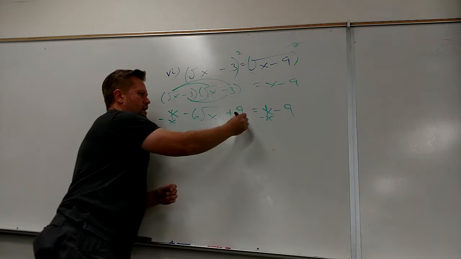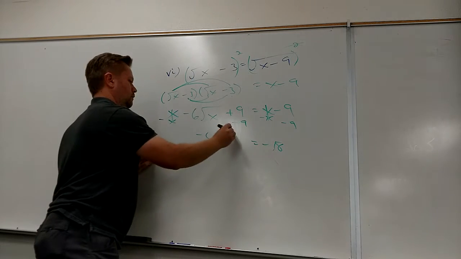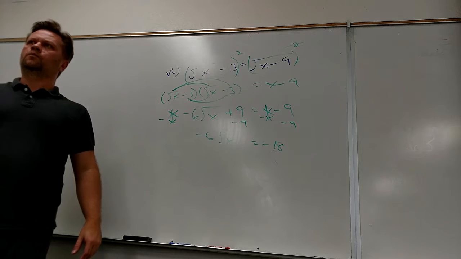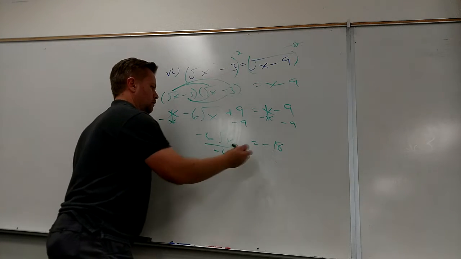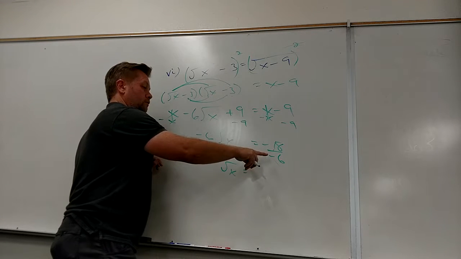I can subtract a 9. That makes negative 18 over there. And what's the last thing I can do? Divide by -6. Divide by -6. So then I get radical x equals